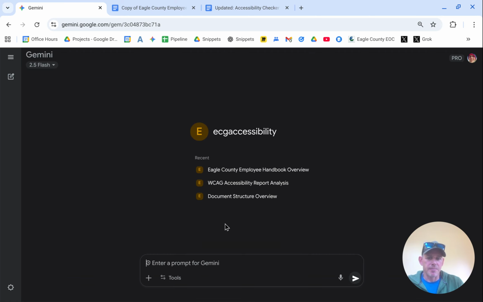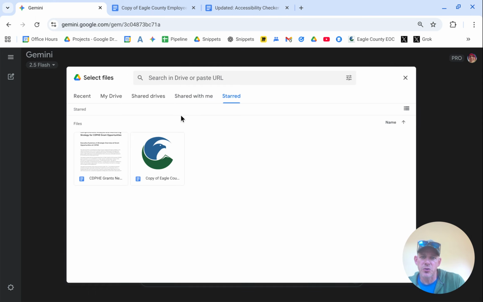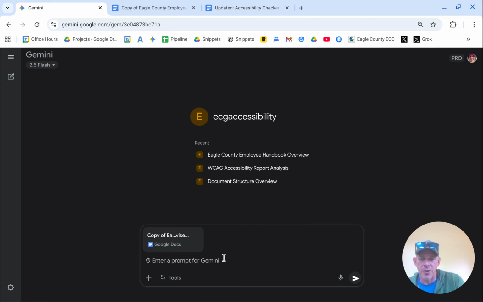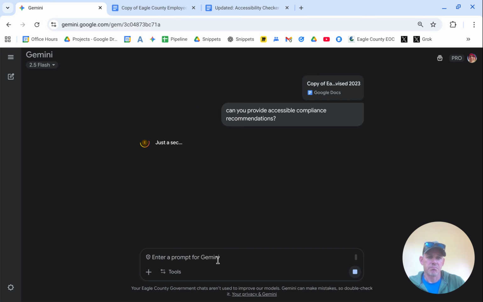And it comes up and it's really simple to use. Here, I'm just going to add one from Drive. I'm going to go to Start. This will be a copy of our employee handbook. Can you provide accessible compliance recommendations? Hit Enter. It's going to review that document, and then it should come back with a specific kind of line-by-line